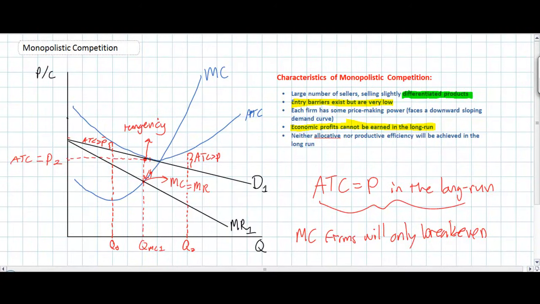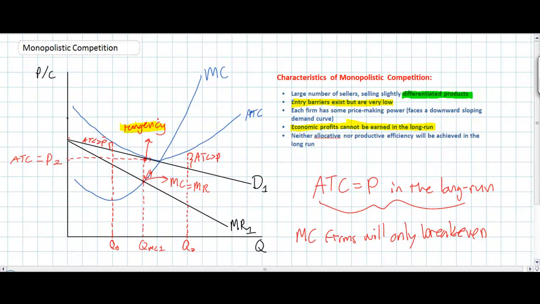Now, this is just the fate of a monopolistically competitive firm. Of course, if entry barriers are low, anytime economic profits are being earned, those profits will likely be eliminated by the entrance of new firms. But the good news is that if losses were being earned, the barriers to exit are also low. So we could show a situation in which a monopolistic competitor is earning economic losses. If losses are being earned, individual firms would leave the market, increasing the demand for the firms that remain in the market until once again demand is tangent to the average total cost curve, and the firms that have remained